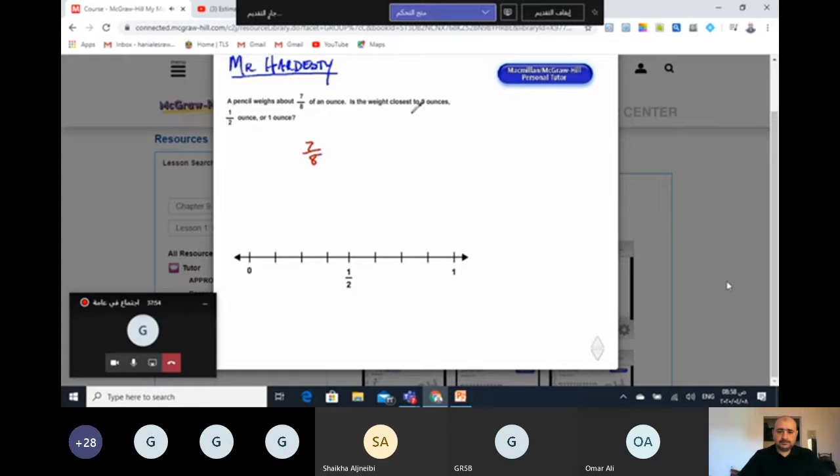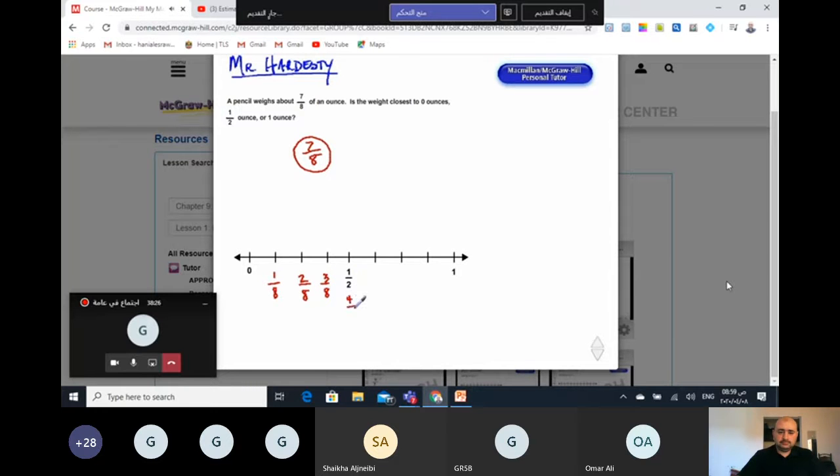We want to compare that to 0, 1/2, or 1 ounce, which we've represented on our number line: 0 at the left end, 1 at the right end, and 1/2 ounce halfway between. Since we are in eighths, let's divide our number line into eighths. 0, then here we'd have 1/8, 2/8, 3/8,